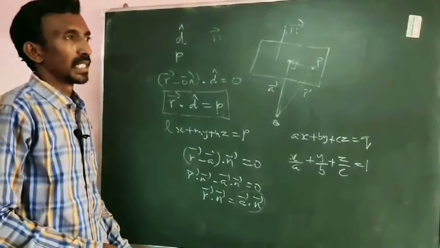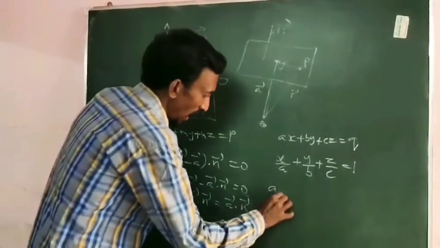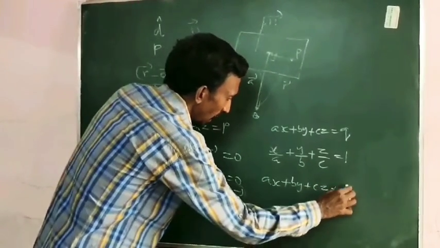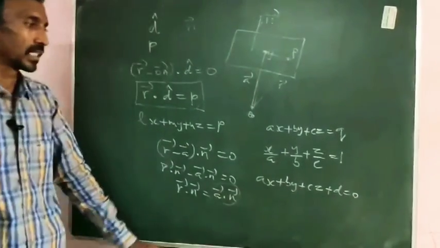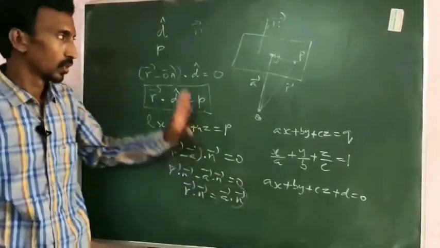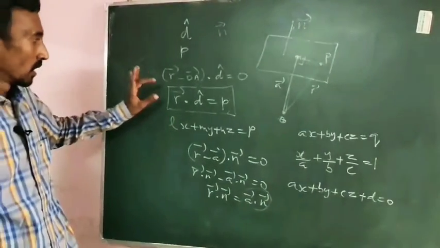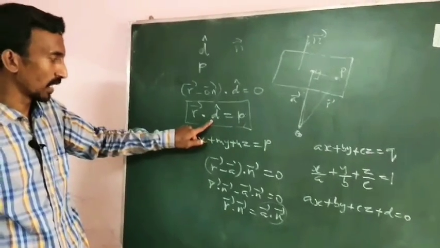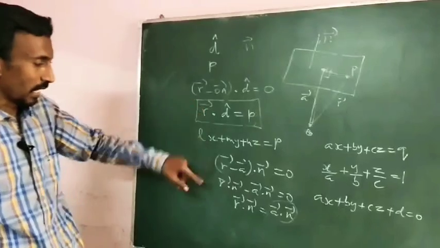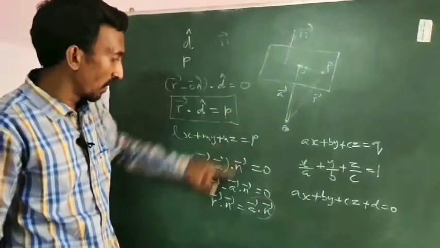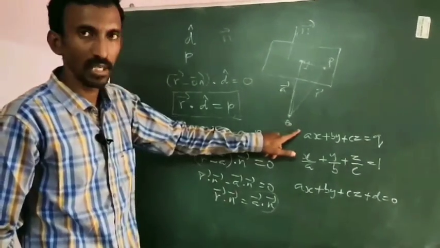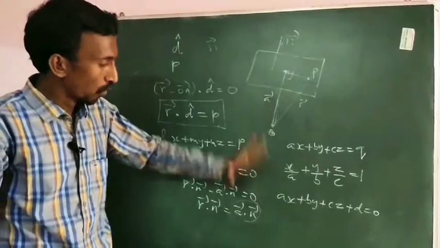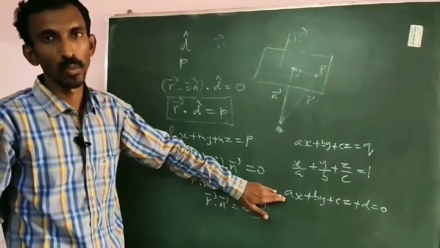The fourth one, the general equation of a plane: ax plus by plus cz plus some other constant equal to 0. It is the general equation of the plane. So once again, remember the vector and Cartesian form when perpendicular distance from the origin and a unit normal are given, Cartesian form. Second one, a point and a normal vector are given, vector form, Cartesian form. Third one, intercept form of plane equation. Fourth one, general form of plane equation.